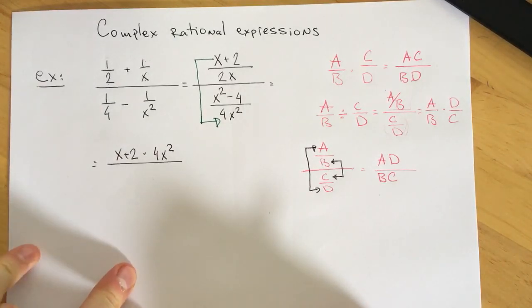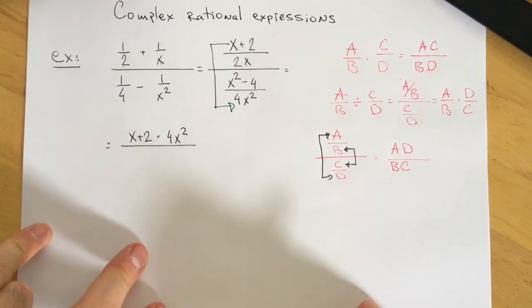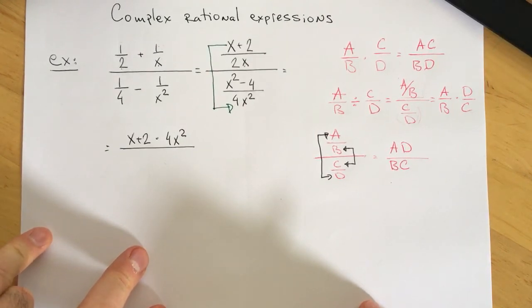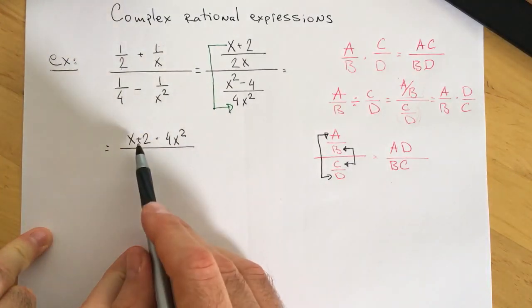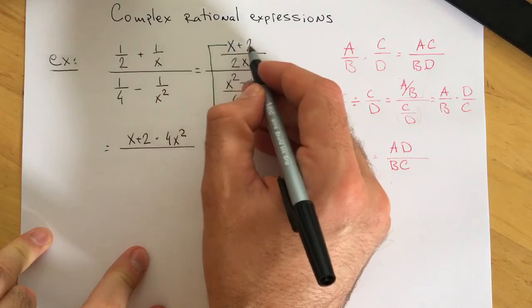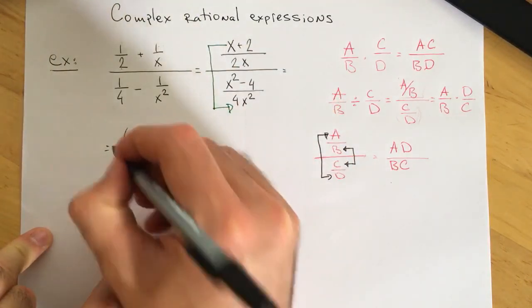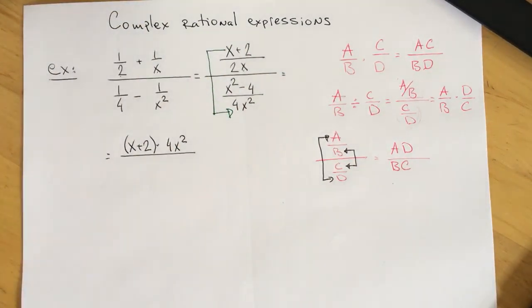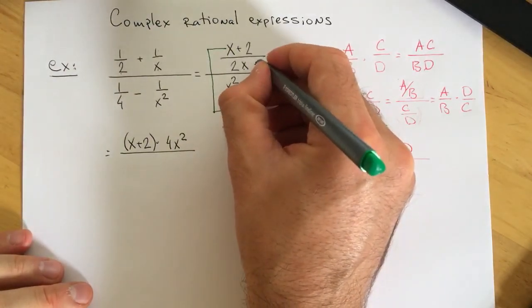Please be careful. The parentheses will save your life and will help you pass this exam, Cal 1. It's everything about the parentheses. This is wrong, absolutely wrong, because I treat x plus 2 as a factor, so you have to keep it in parentheses. And I divide by the product of the inner elements,